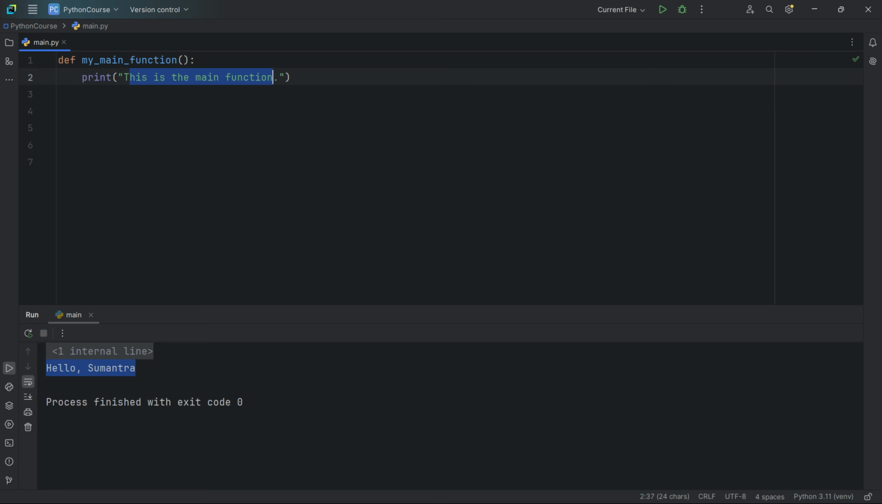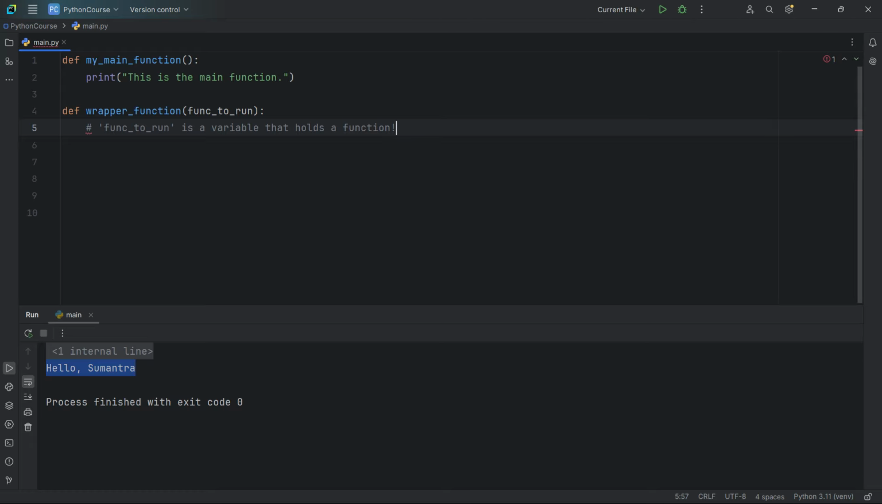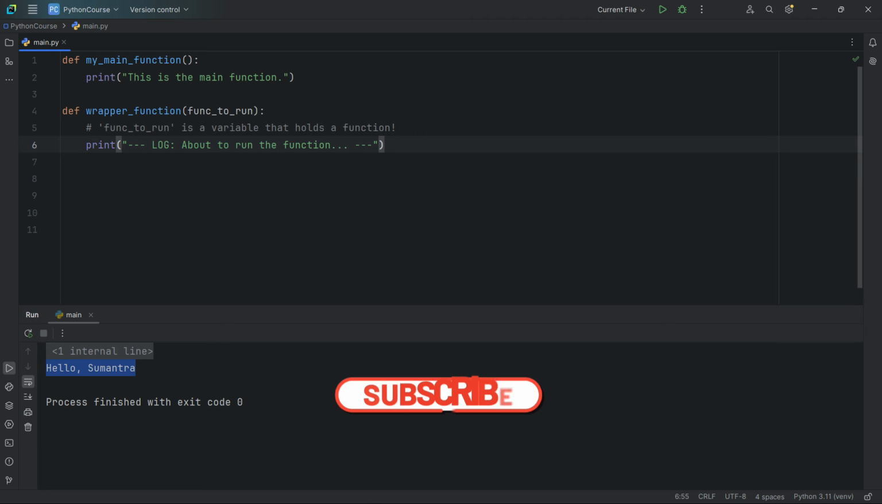This is the main function. Now I'll make a wrapper_function with func_to_run as an argument. We expect func_to_run is a variable that holds a function. Inside this wrapper, before we run the function, let's print a log with the